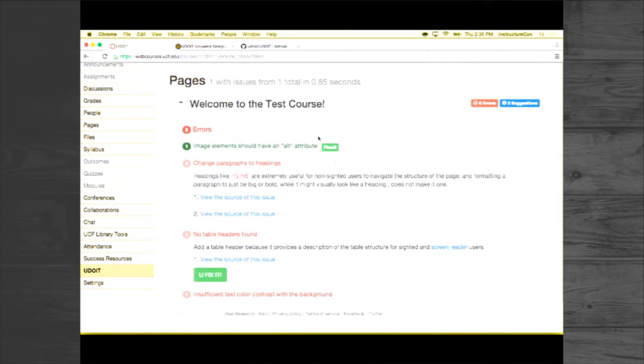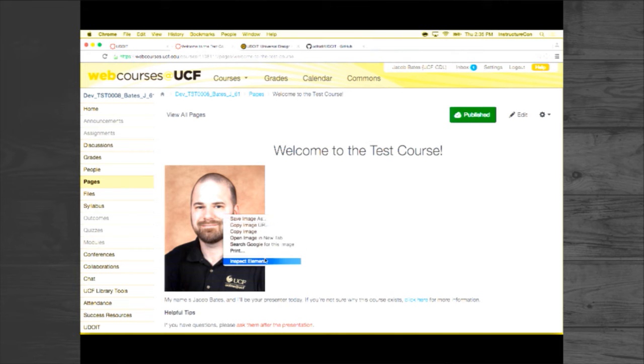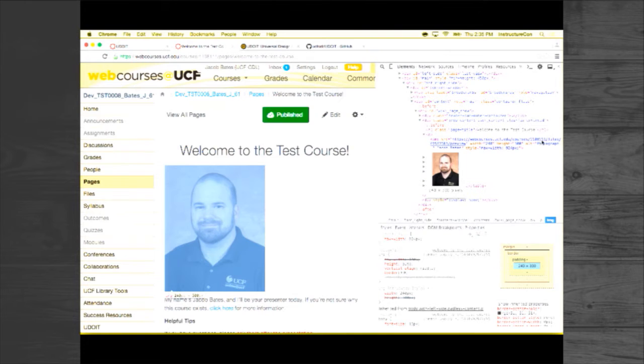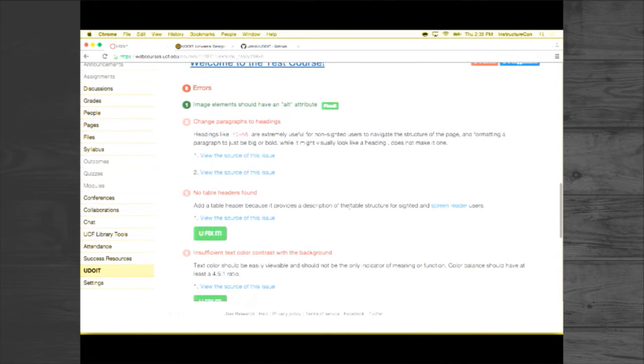and it said it fixed it, and we can actually go to that page, and once it loads, if you'll excuse the Chrome Inspector for a second, you'll see that it added that alt attribute that I put in. So we have uFixit for a bunch of other issues, but we don't have it for everything, and that's obviously something we need to work on. But I'll get to that a little bit more in the rest of this presentation.